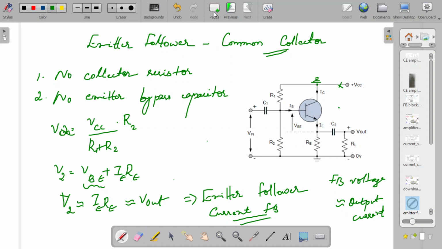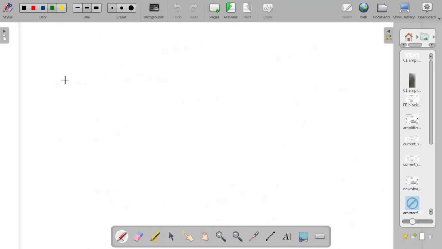Now, discussing the characteristics of the emitter follower, the first thing you can say is that the voltage gain is very low, right? The voltage gain of this amplifier is very low, or very low means its gain is less than 1, or close to 1, or almost around 1, or it is basically less than 1. So that means the emitter follower is not useful for introducing a gain to the circuit, right? But then you can say that it has the feature of an amplifier.